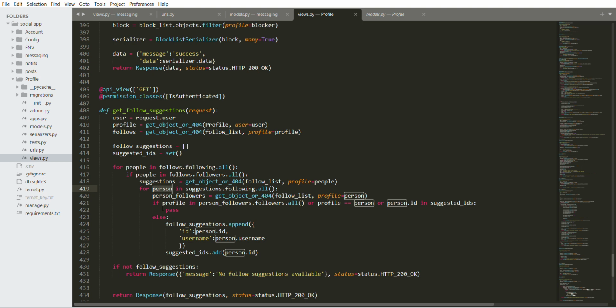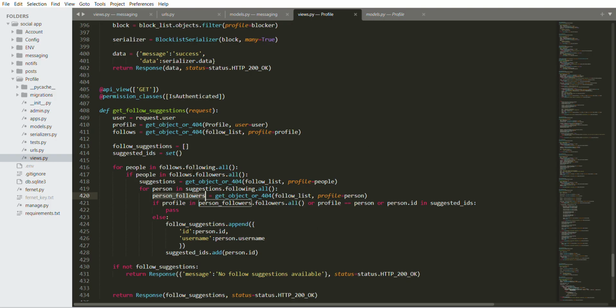Now, in a situation where user C doesn't follow user A back, but user A follows user C, we don't want that user C to appear in the follow suggestions because obviously user A already follows user C. So that is the first check. That is one of the reasons why we're getting the follow list also of that person.